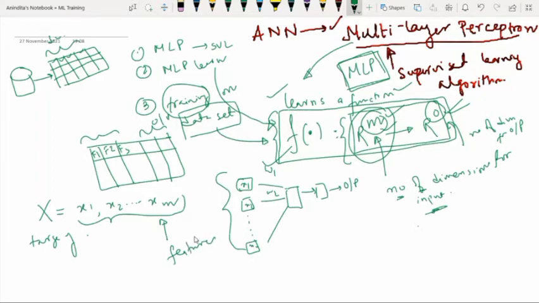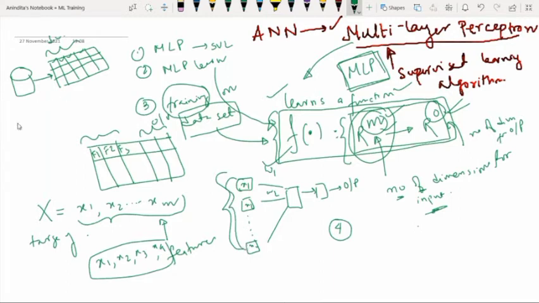So we know what features are whenever we deal with the iris dataset. Sepal length, sepal width, petal length, petal width, those are the features. So how many features do we have in the iris dataset? 4 features. So whenever we are going to classify the iris dataset, we will have x1, x2, x3 and x4. This many inputs for the neural network.